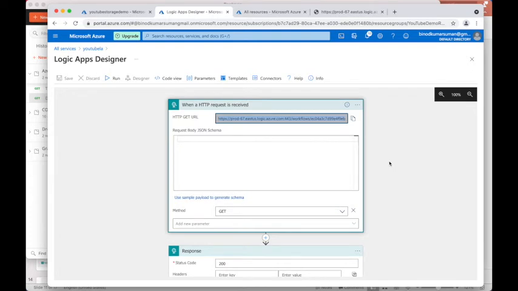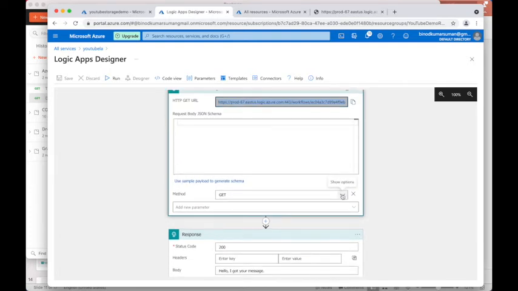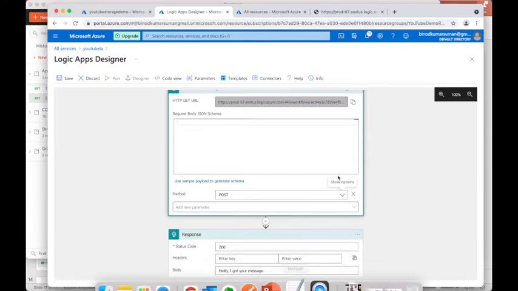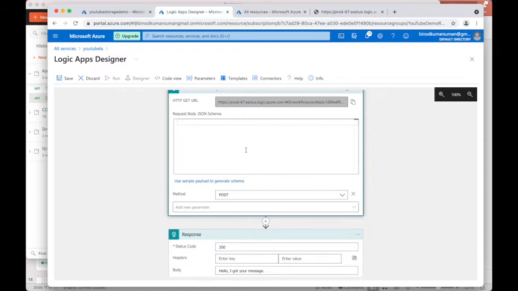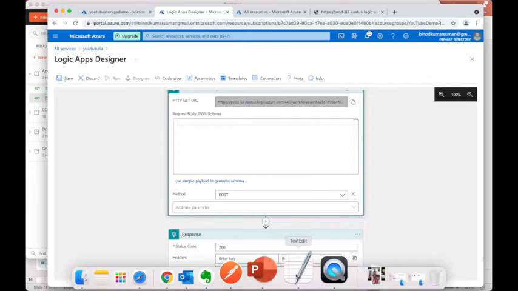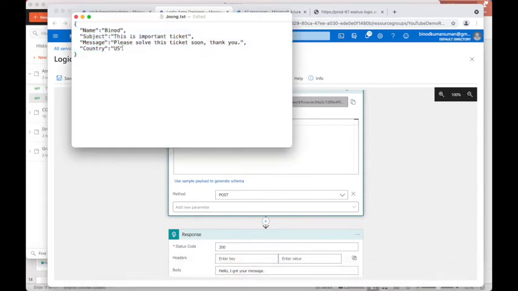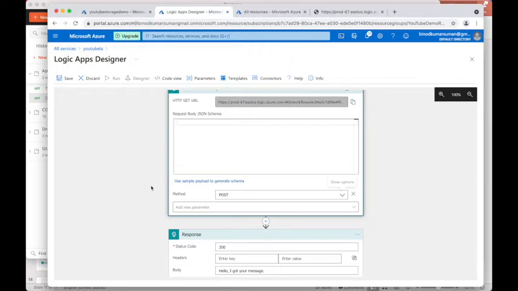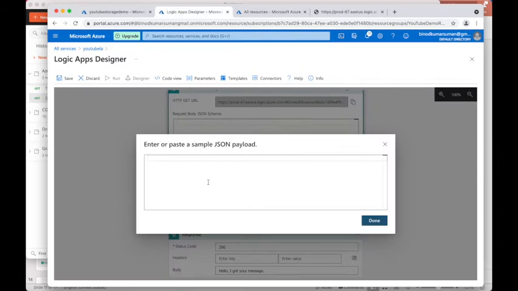So now I am going to make it a POST, and I want to send some message in the POST. So you have to create the JSON for that. The easy way to get the JSON schema is to copy the data you want to send. So I copy it, click this link right here, and paste it.